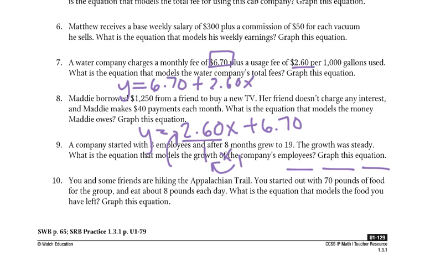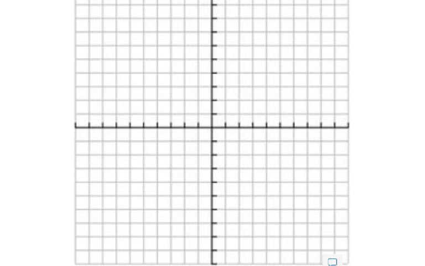Vertical growth would be the top, the y sub 1, so we'd go up by 260 every time, and we start at 6.7. So 6.7 would be about right there, past that, about 6.7. Then we're going to go up $2.60 to the right 1. And we'd keep going in that direction